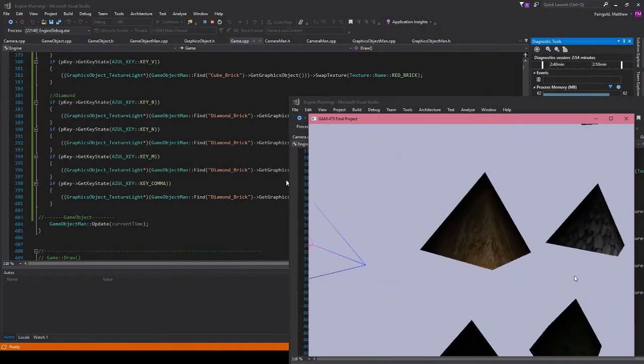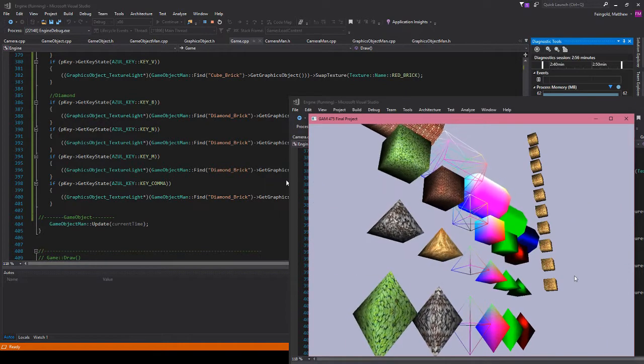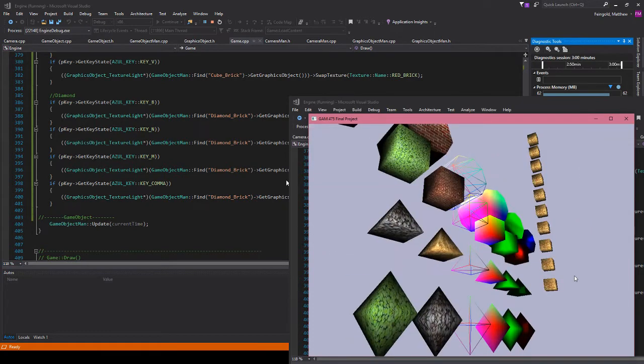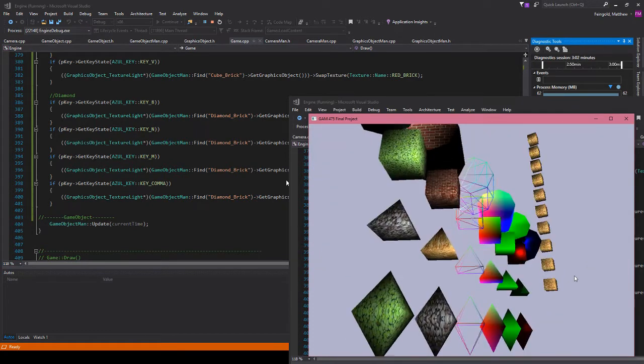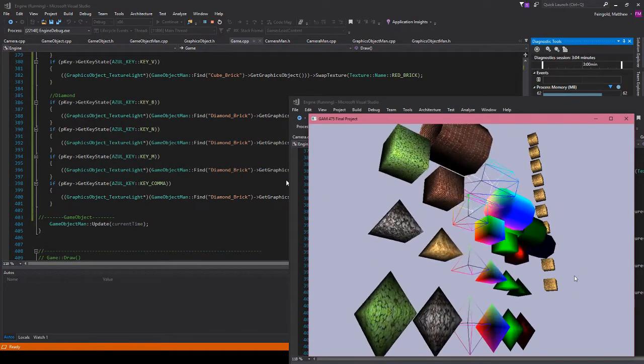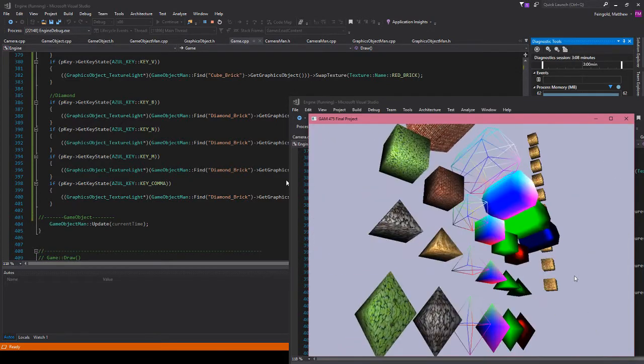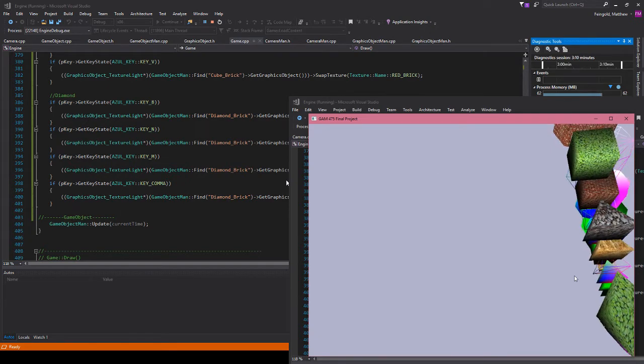So now I can hot swap between these cameras here, and I don't have a limit on the number of cameras, I just only happen to do 3 in this demo. But yeah, the cameras all save their position,